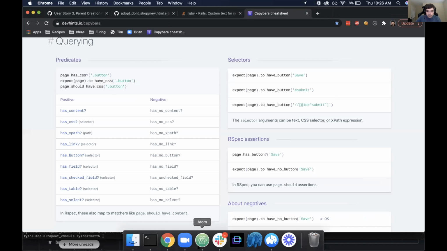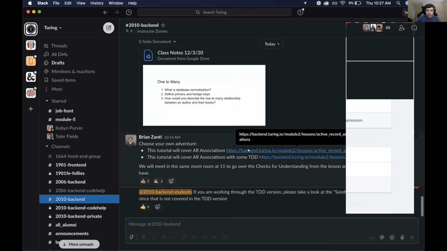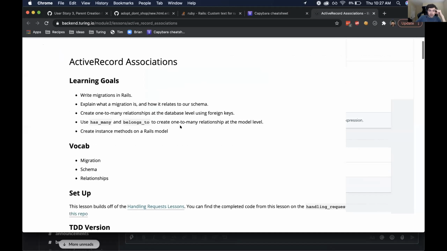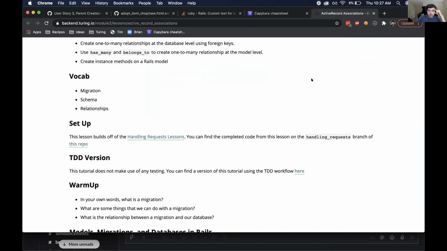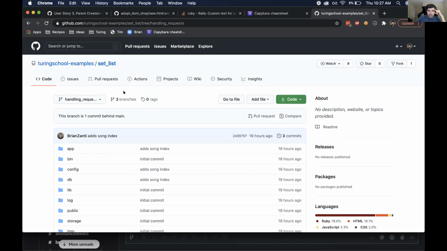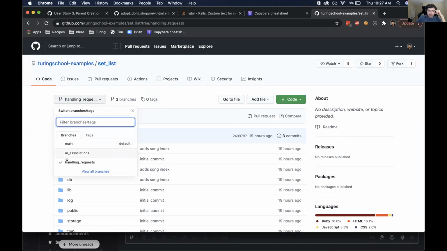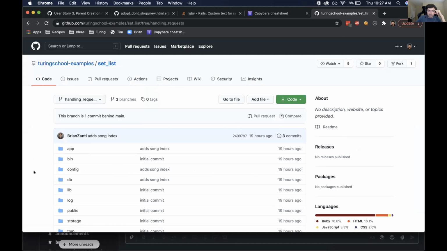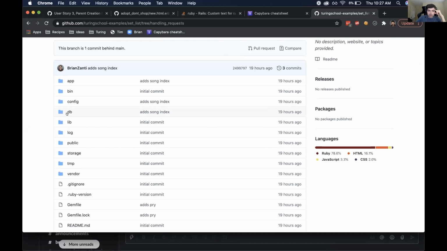I go to Slack, and we go to this link, and then I go to this repo: lesson builds off completed lessons, handling request branch. So I click that, because I feel like I'm on the handling request branch. When I go to your code here,